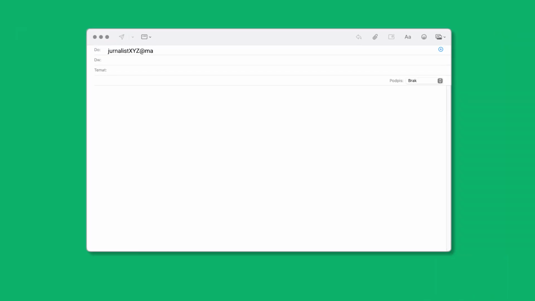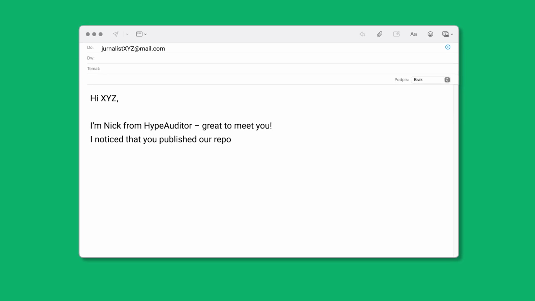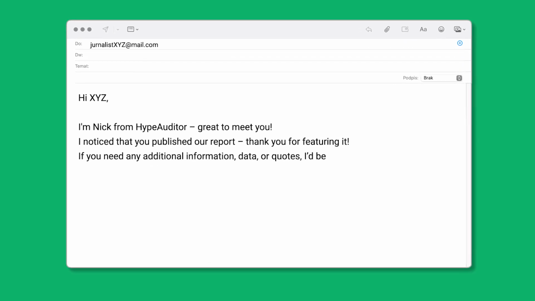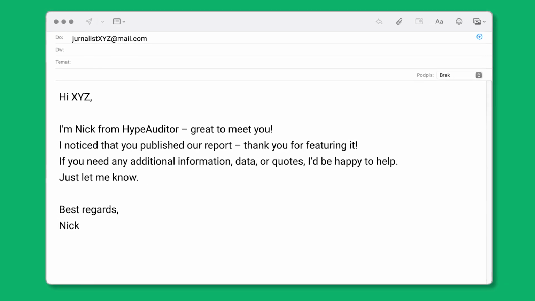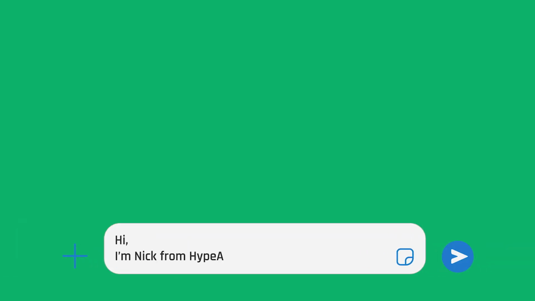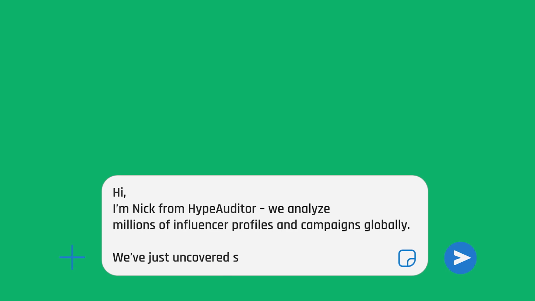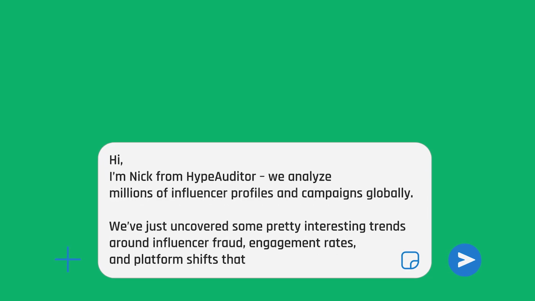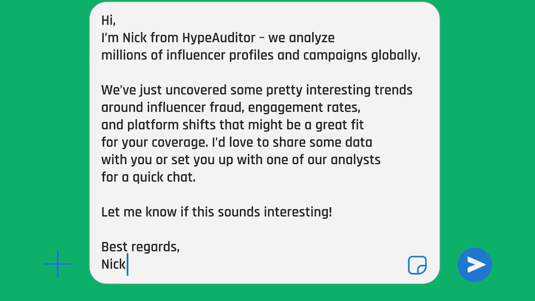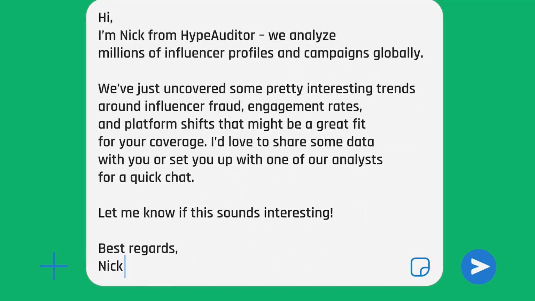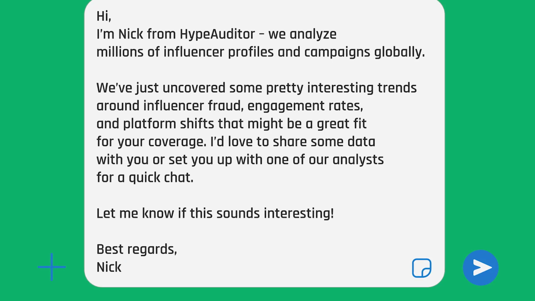And if I don't know about that media, then I add it to my media base and connect with the journalists, introduce myself, and ask if they need any additional data on this topic. So actually it's just a tool that helps me to monitor all our media mentions, and it helps me to fulfill my base of journalists. Then manually, not with the help of the tool, but manually, yeah.